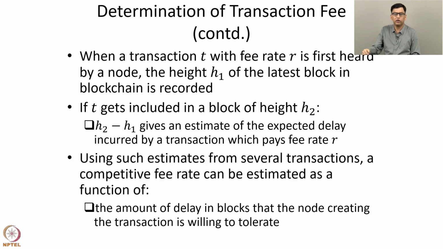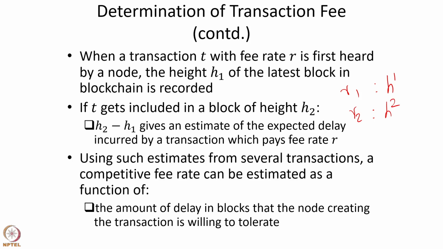Suppose it saw a particular transaction with fee rate say R1, and that the corresponding delay was say H superscript 1 blocks. So this is the delay for the transaction with fee rate R1, and another transaction with fee rate R2 has delay H2,